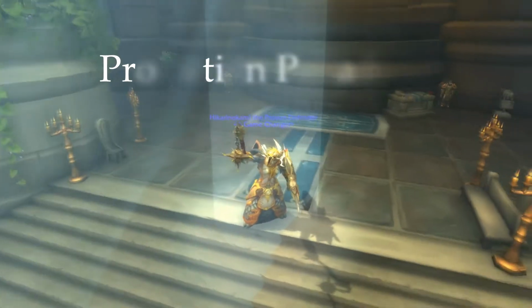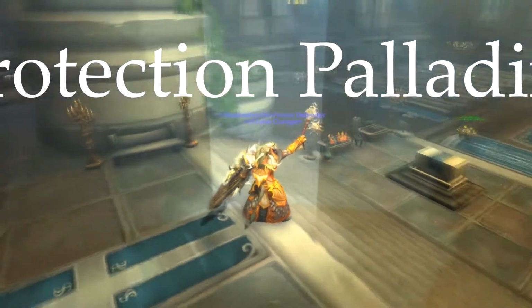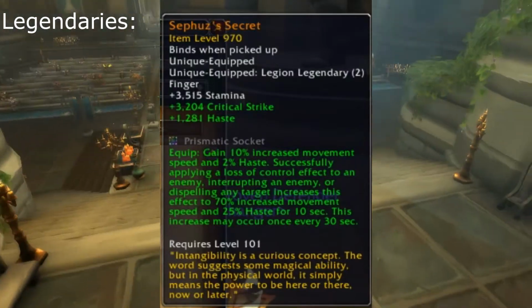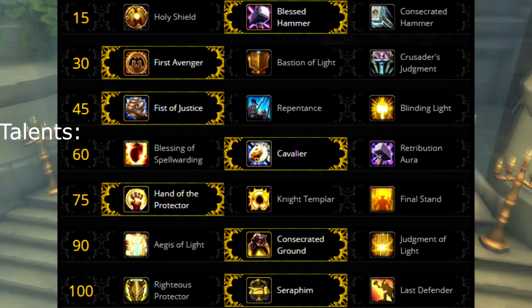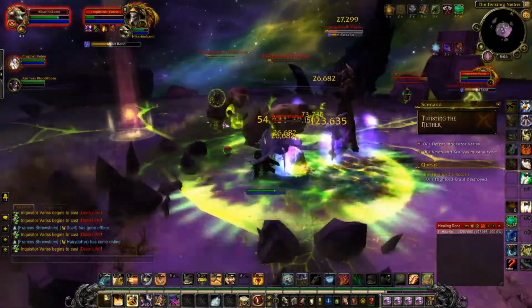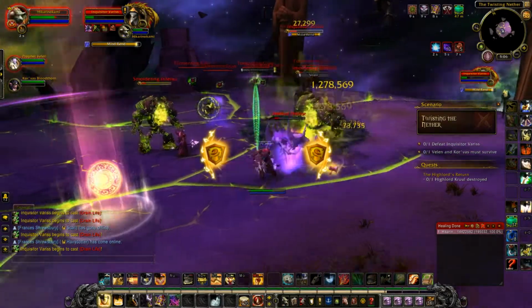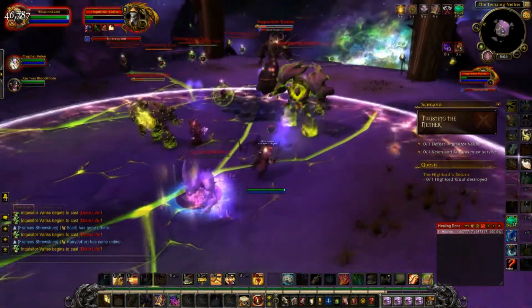The Protection Paladin I found to definitely be the most difficult challenge, which may be surprising considering the abilities that they have should trivialize many of the mechanics. They do have some of the same issues that Blood Death Knights have, in that they have weak range damaging abilities, excepting Avenger's Shield, and their lack of mobility makes handling the knockbacks from the eyes and the Infernals particularly